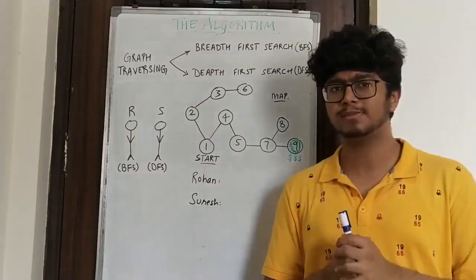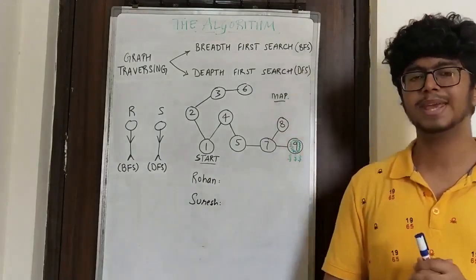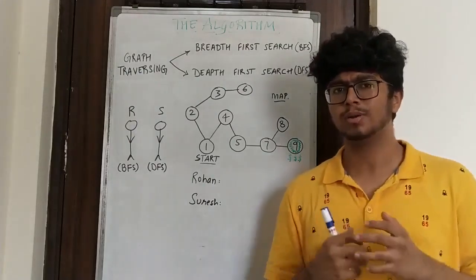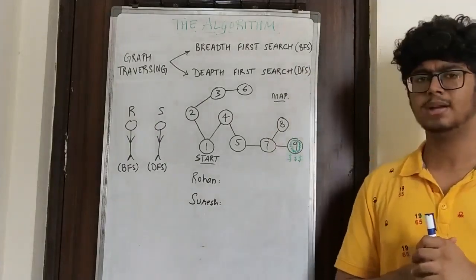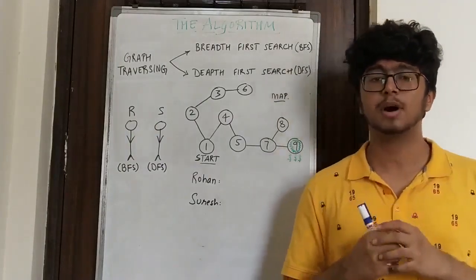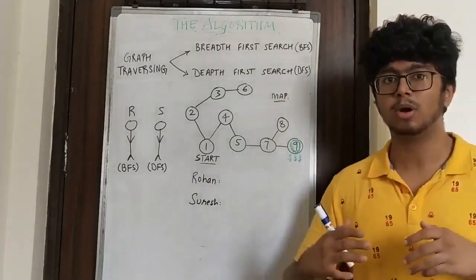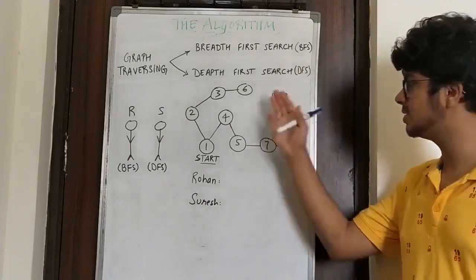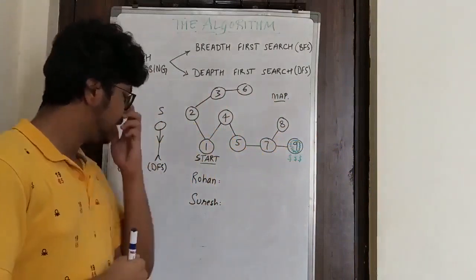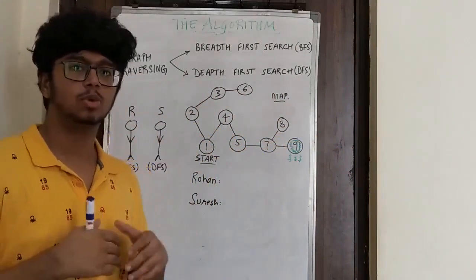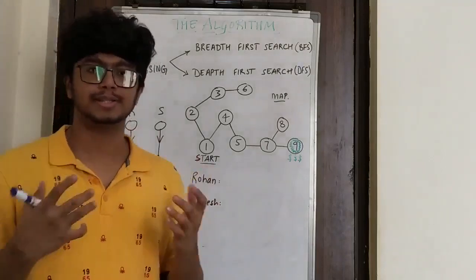So there were two friends, Rohan and Suresh, and both were playing in the garden. Now, Rohan was content, but Suresh was a bit greedy. When they were playing in the garden, one day they found a treasure map, right? The treasure map had the start point and the end point of the treasure. So here, this thing is the map. Both of them started fighting as to who would take the treasure, and in the end, it was decided that whoever reaches first takes the treasure.